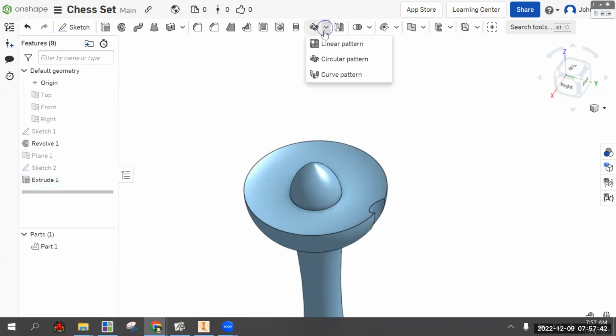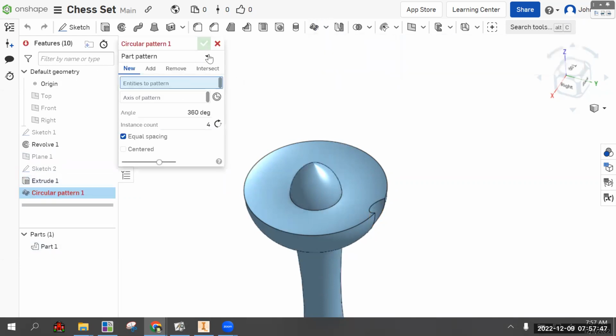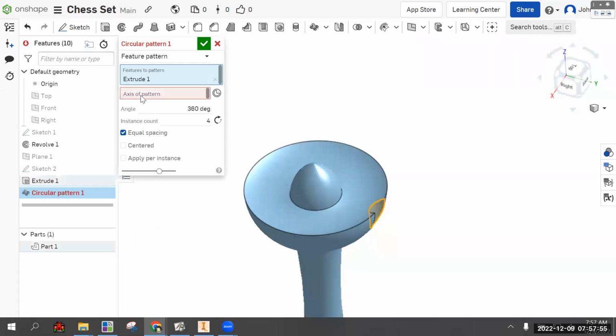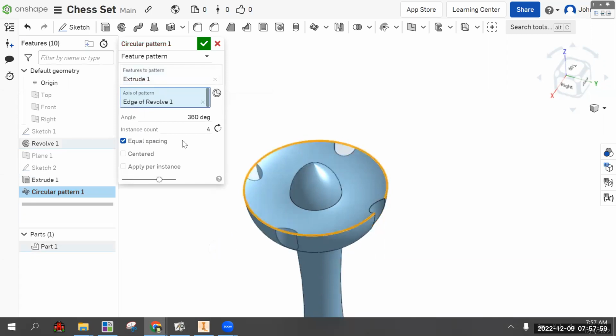Okay. So circular pattern is underneath linear pattern. Circular pattern. I want to pattern a feature. And the feature I want to pattern is extrusion 1. And the axis of the pattern is anything that's round. And however many I want,